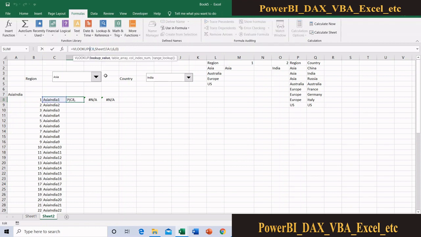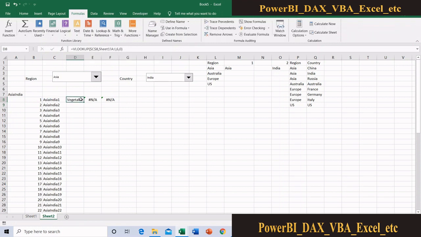In this case, I want to lock my column only, because if I lock both column and row and copy-paste the same formula, then what should I get?